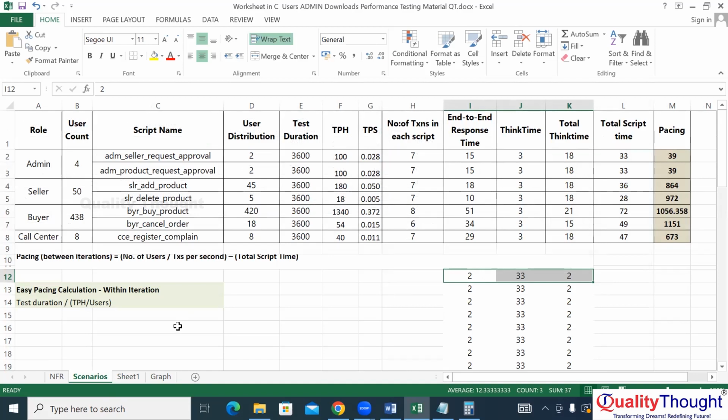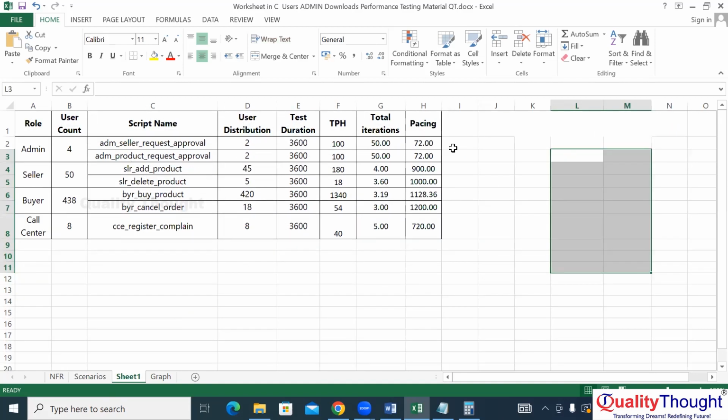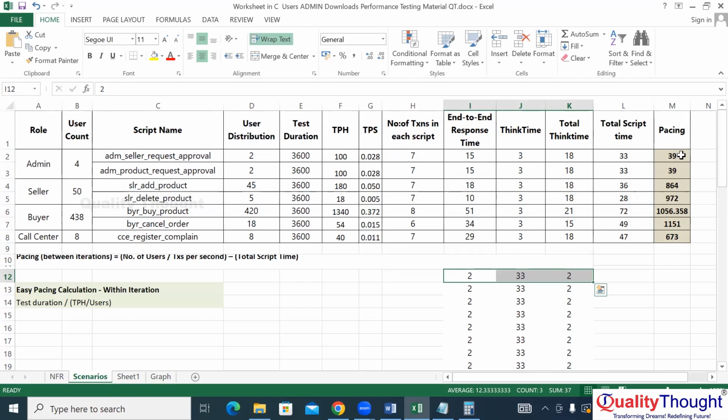Second case, we'll achieve an accurate number of transactions. But in the first case, if we give pacing like this, we might achieve fewer transactions, not more, because we have locked our script time as